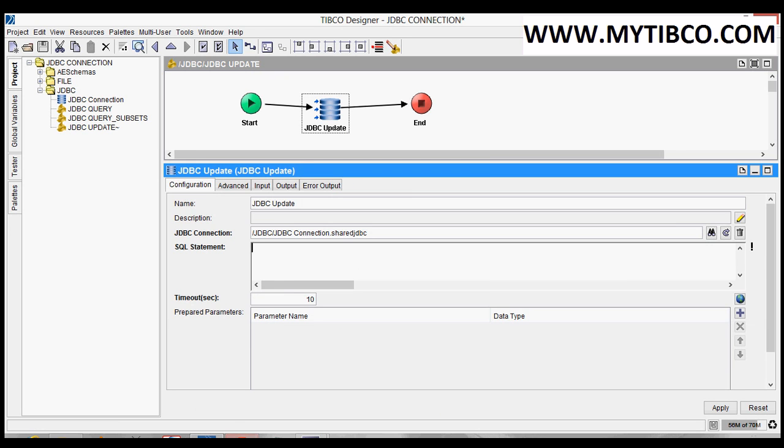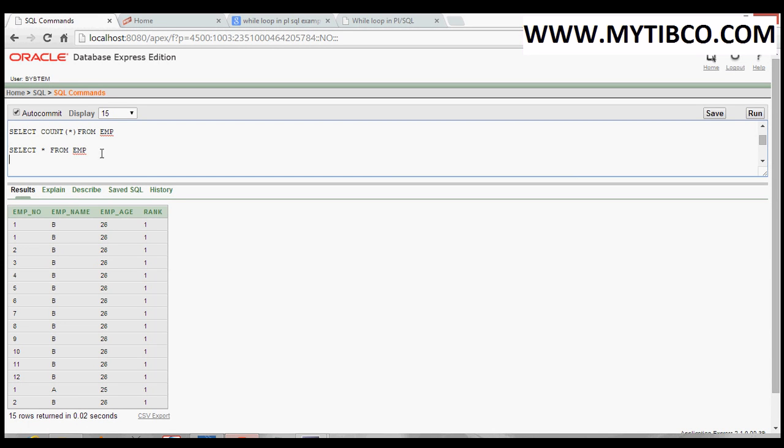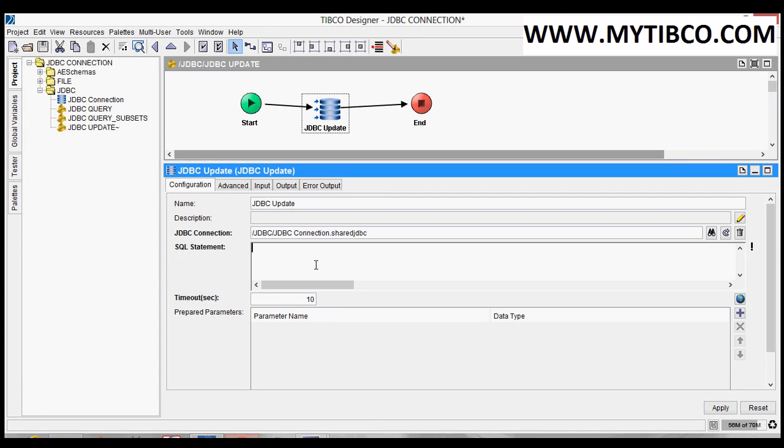Let's go to the database. Now I have one table. Select * from employee. It has some records. Now I want to delete the data in this table. Simply delete from emp.